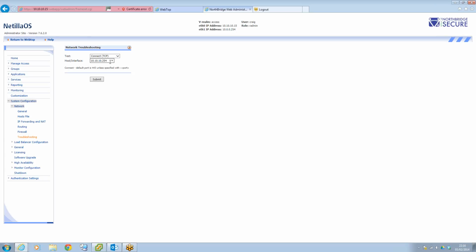I'd probably say that. Troubleshooting, it does basic troubleshooting. You can do ping, traceroute, NSLookup. TCP connect is pretty much just a connect. So it connects on port 443. So in this case, I can do a